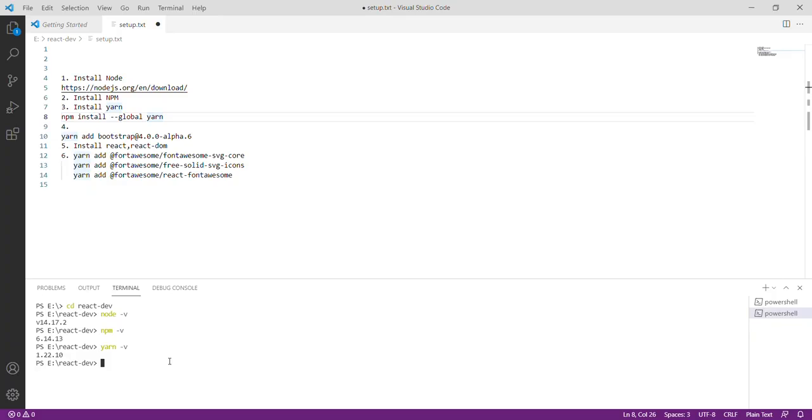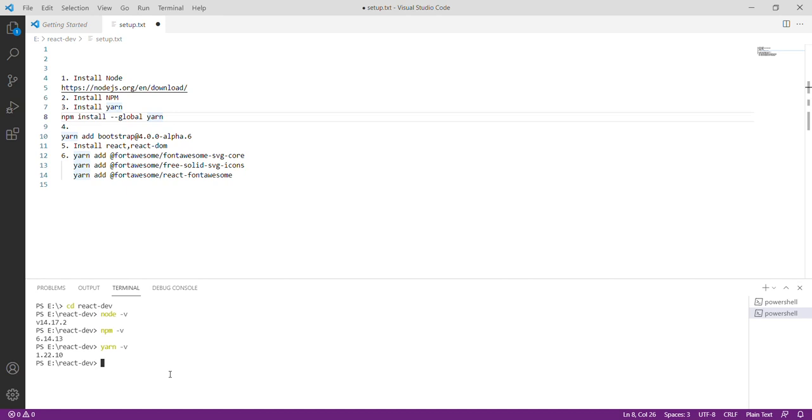So we are not using any inbuilt functionality which creates some kind of starter application for you. But we are using this yarn package manager. It's a simple tool. So once it is installed,